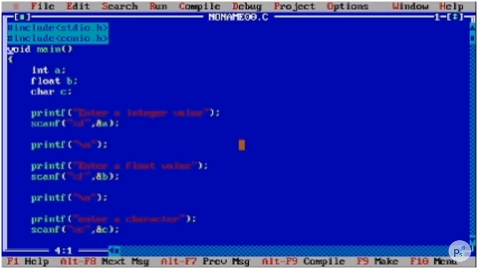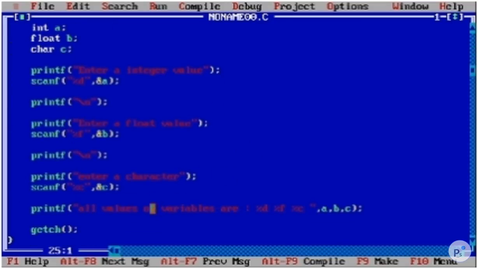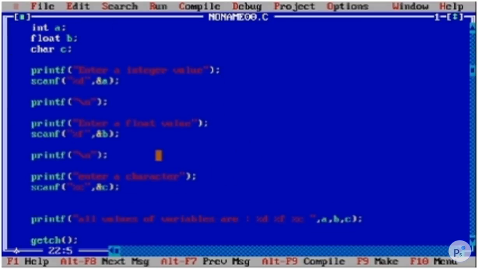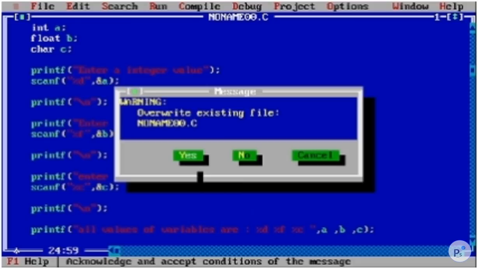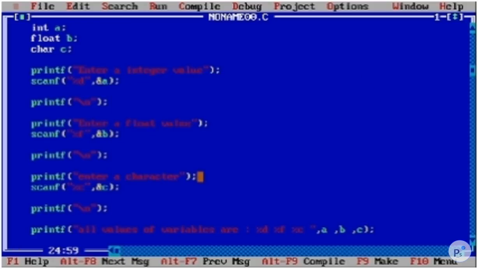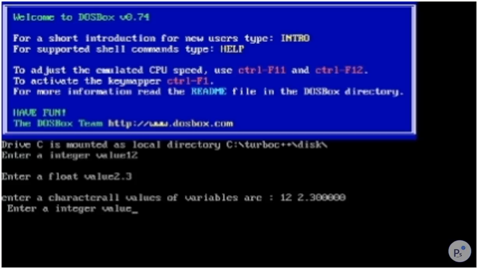I think it is showing the result first without taking anything. Let me put a new line here, so it will be more efficient to see our code. Let me put some spacing here. Yeah, this will be good. Alt F9 compilation, Control F9 for running.